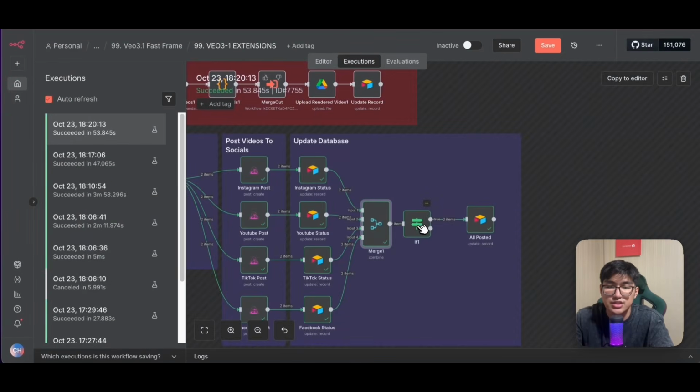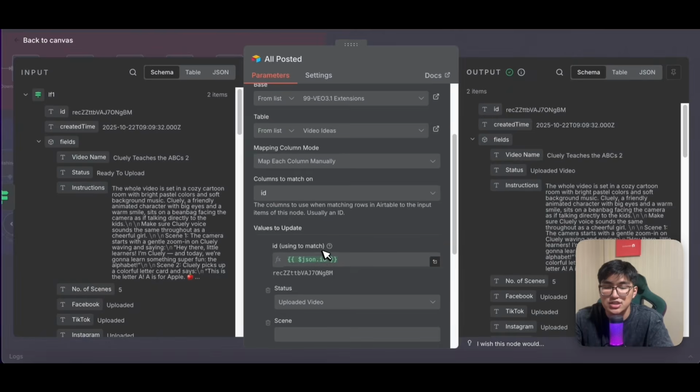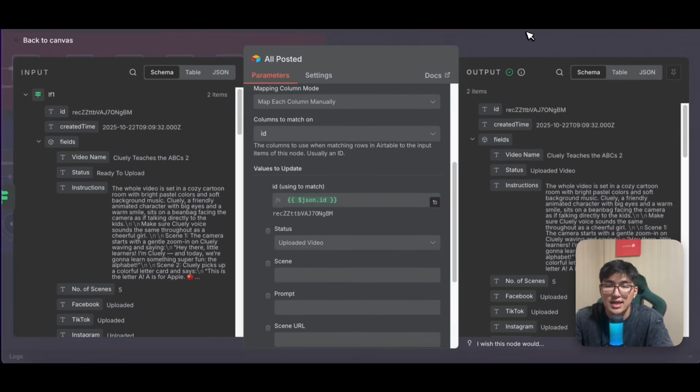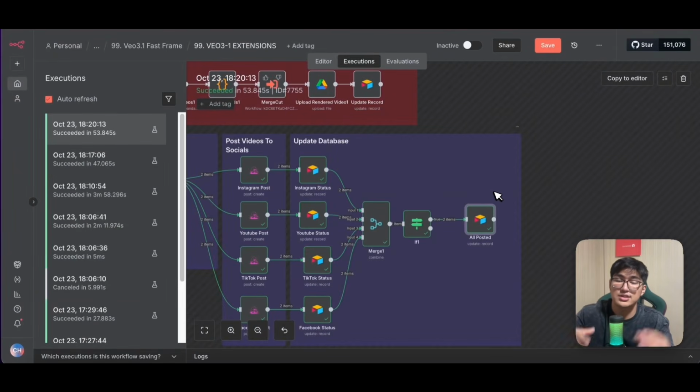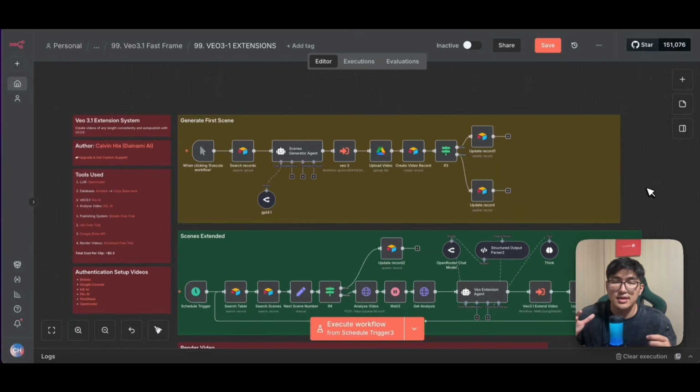Then we're just going to have an if node such that if all the fields have been set to uploaded, we're going to change the final status to uploaded videos. And that's it. That's how we get all the videos uploaded onto all our social platforms, as you have seen earlier on over here. Just like that, this is how you can take advantage of VEO 3.1's new extend video feature